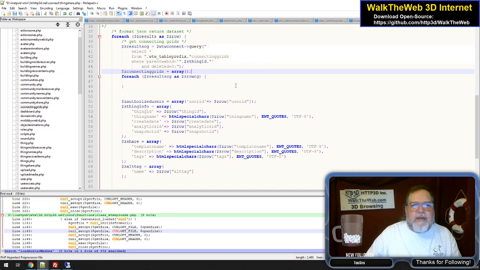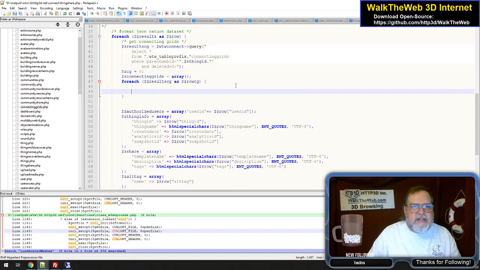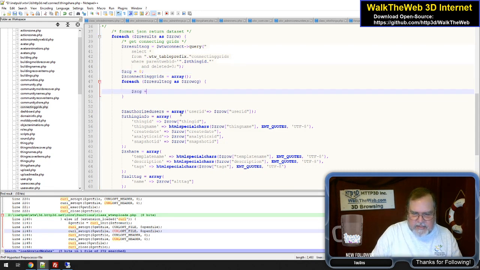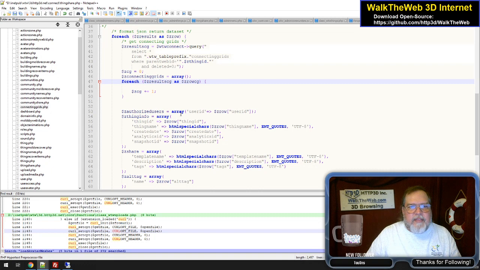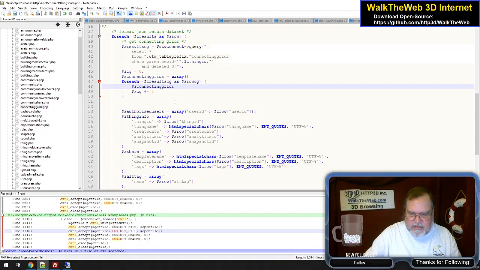this particular one, now we're back to needing an index. So I know we're going to do more than one of these, so let me just see. We'll just call it CG equals 0. That's going to be our index, and then for each one it'll be this plus equals 1. That will increment it, and then here, our design of these connecting grids,